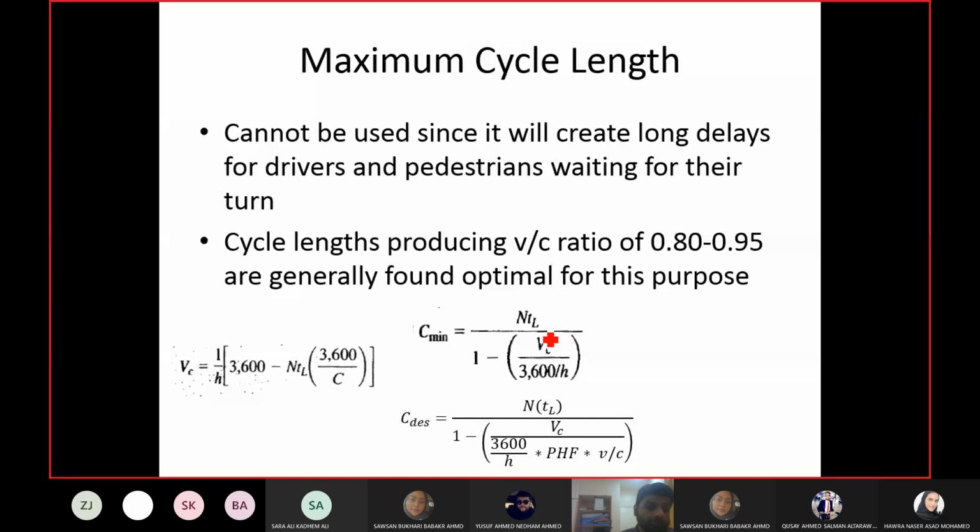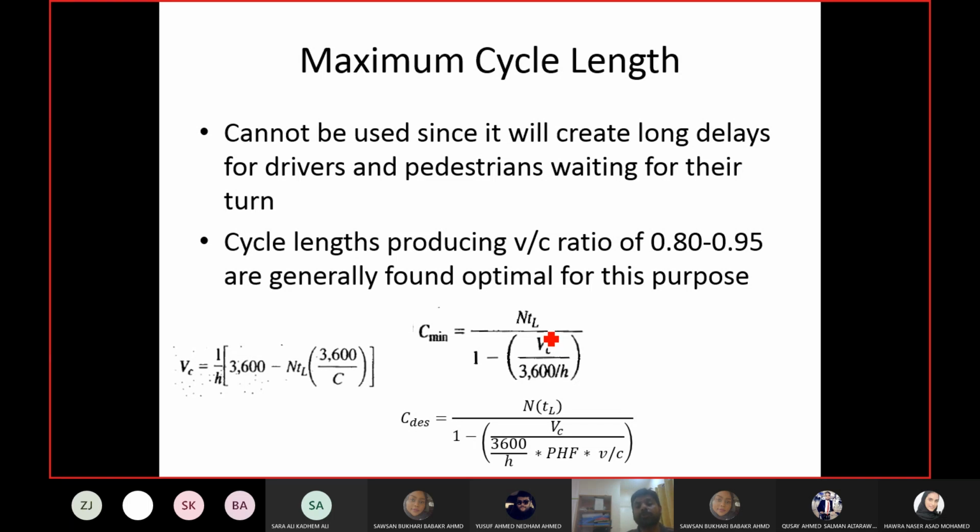VC is volume. If you go back to the previous chapter or any chapter before that, we don't prefer to use volume, we prefer to use flow rate, because volume has fluctuation within the hour as well. So we prefer to use maximum flow rate so that we cover the fluctuation within the hour as well. And I showed you in, I think, lecture 3, if you don't cover this sub-hourly fluctuation, you will have a queue, even if you design it for the correct volume. Okay, so we design it always for the flow rate.